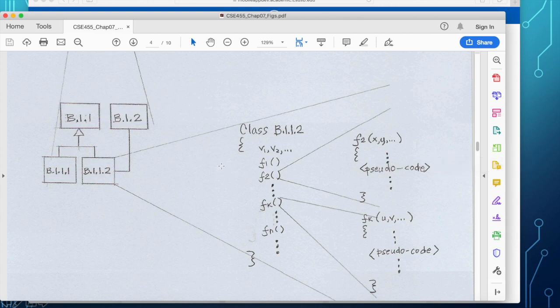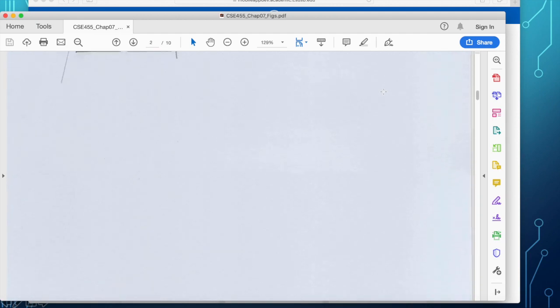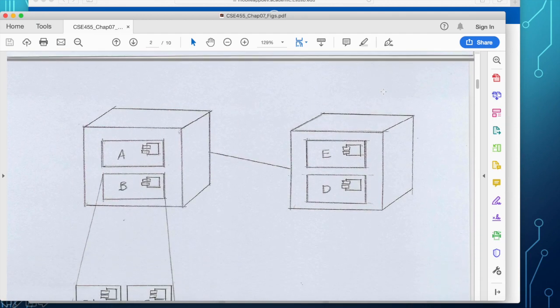And then you select which important functions you want to define further. In this example, you have F2 and FK, and they are expanded into their pseudocode representation. So it's not the target programming language, but a pseudocode that is easy to understand and trace if there is any problem. So this is what I would like to see in your software architecture and design, from